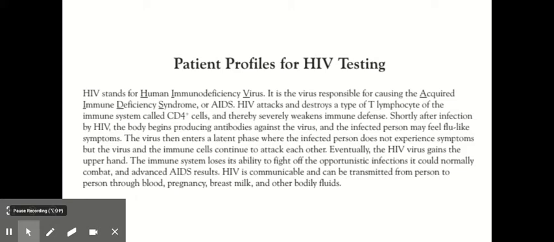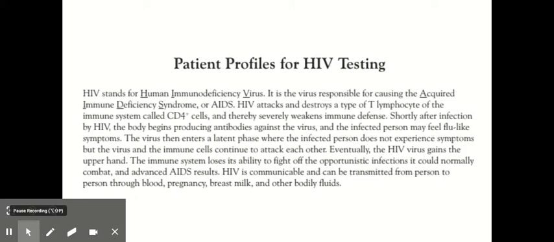And also in the protocol, they give the patient profiles for the imaginary patients that you are testing for HIV. So in the protocol, it says HIV stands for human immunodeficiency virus. Is the virus responsible for causing the acquired immune deficiency syndrome or AIDS? HIV attacks and destroys a type of T lymphocyte of the immune system called CD4 cells, and thereby severely weakens